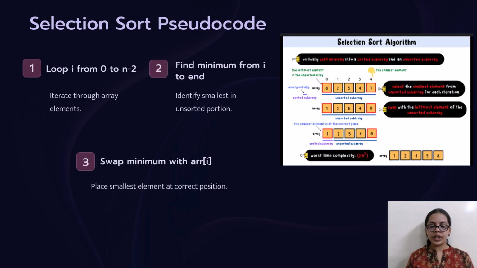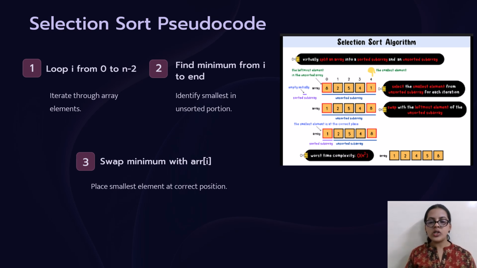Let us also look into the selection sort pseudocode. First, we need to understand what is pseudocode. So, pseudocode means a simplified, informal way of writing the steps of an algorithm. It is not the actual code, but it looks similar to the programming language syntax. It helps to understand the logic of an algorithm. It is easy to read and write without worrying about exact syntax, and it is used for planning before the